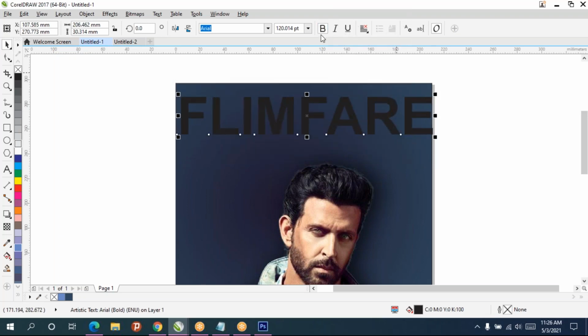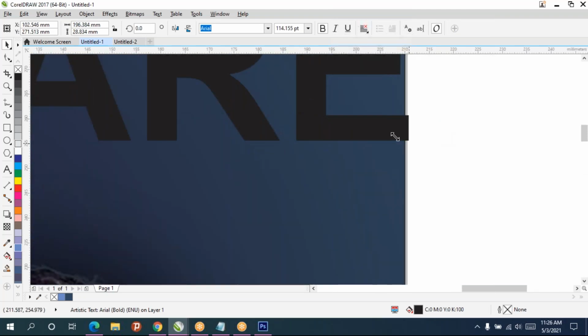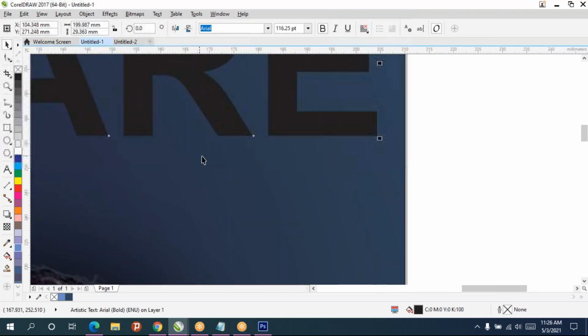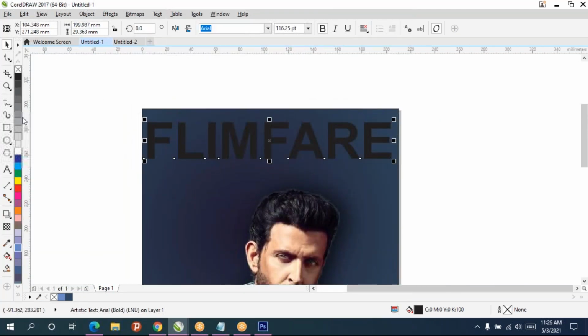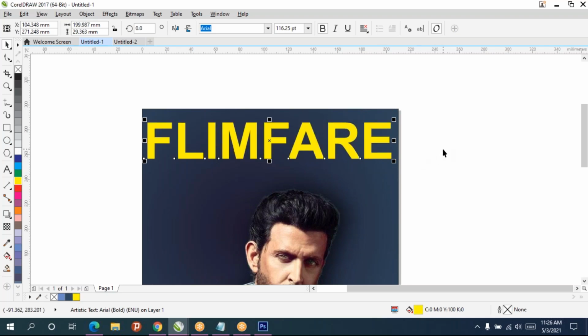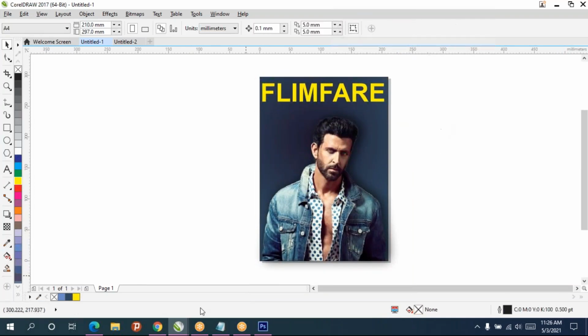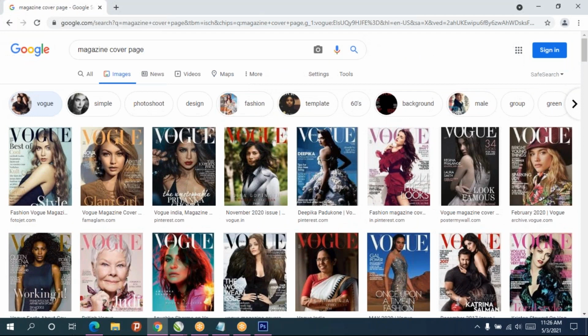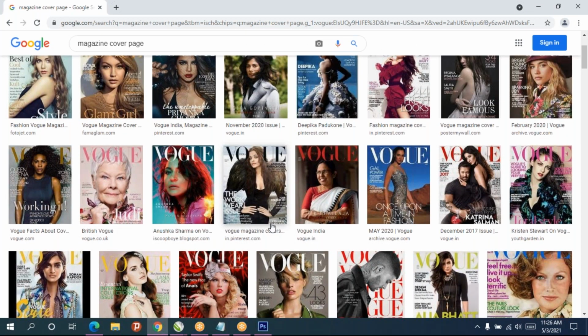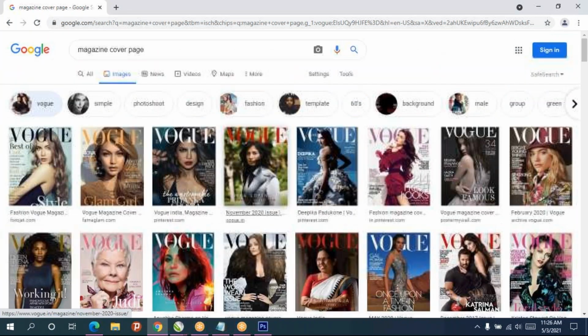I'll give bold. Then I'll give some other color for this. If you go to the internet and type some magazine cover page, you'll get this kind of cover page designs. You can check, lots of cover page designs are there. Before doing that, you can check it.